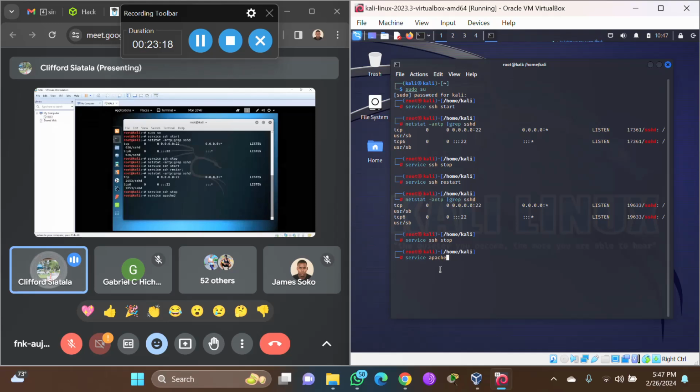For this one, you don't say service HTTP, you say service Apache 2 start. So the service has started. Again, to see the status that the service is started, you say netstat -ntp | grep Apache 2,